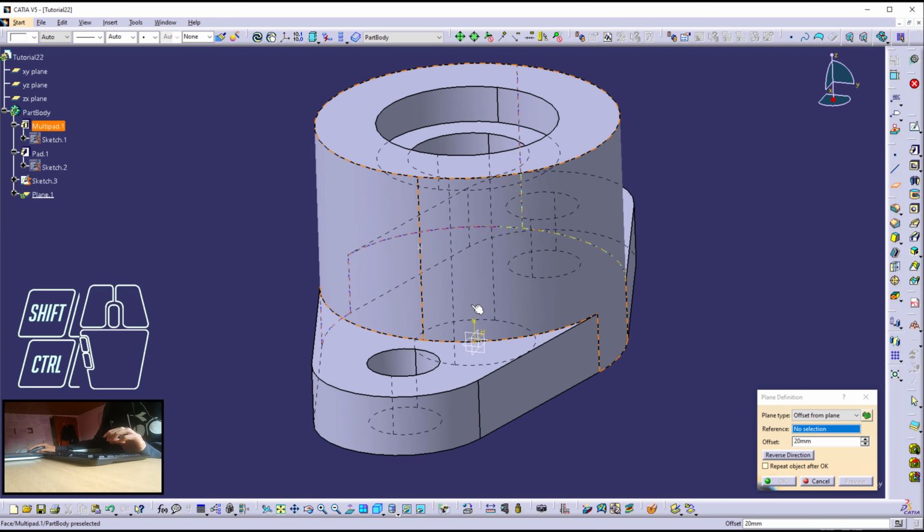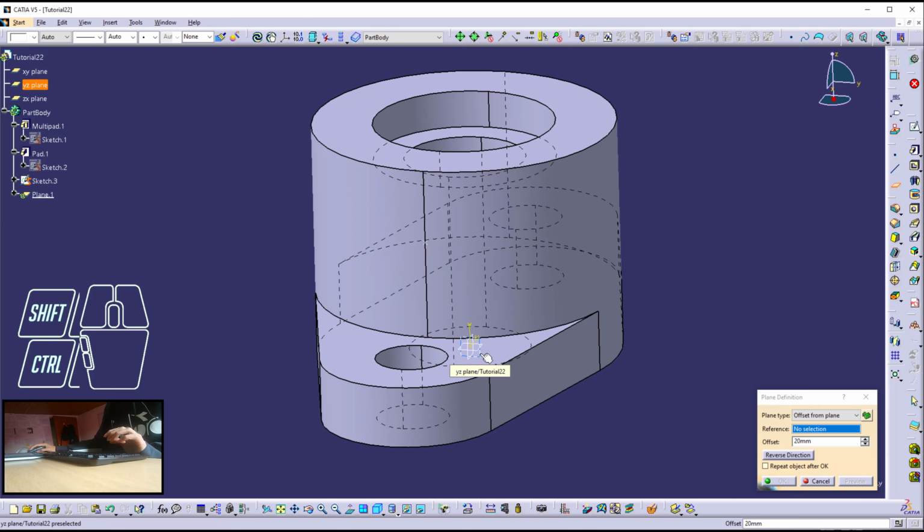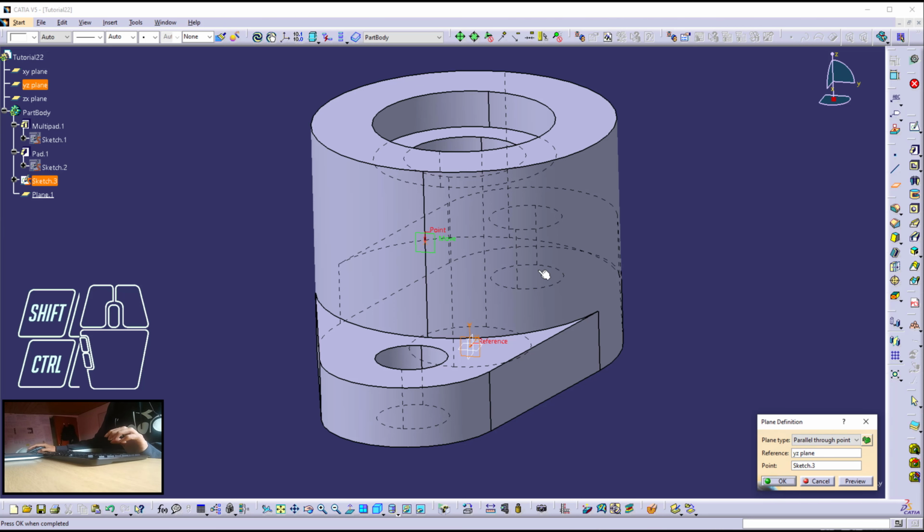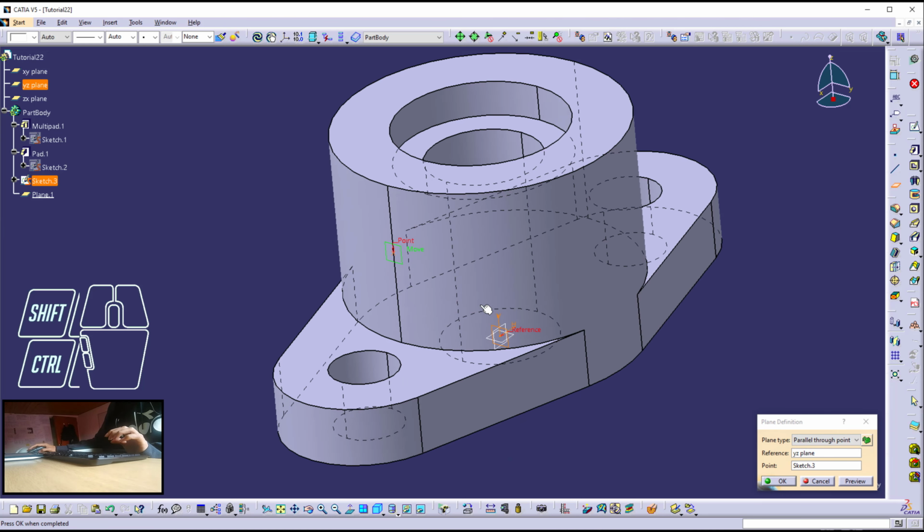So that plane is going to be the YZ plane. So I'm going to select it, and then I'm going to choose the point. So as you can see, I've created one new plane from this place to the point. So okay,